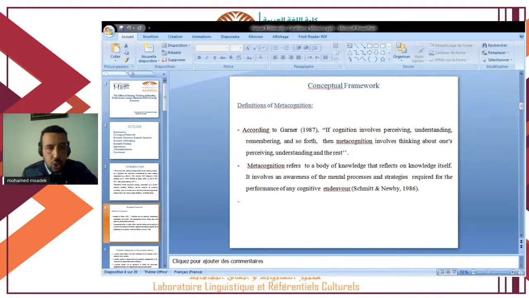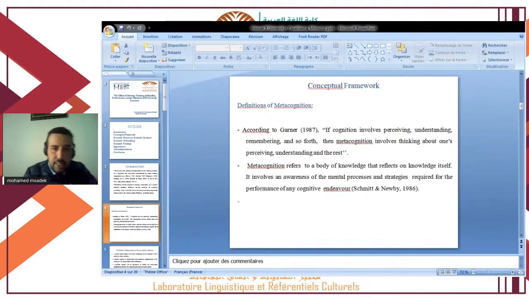So concerning the research objectives, which in fact underscore their study, they are manifested as follows. So the first objective is concerned with the identification of reading strategies that Moroccan AFL university learners deploy in processing reading passages. And the second objective is related to the unraveling of the impact of explicit instruction in metacognitive reading strategies on Moroccan AFL university learners' reading performance.